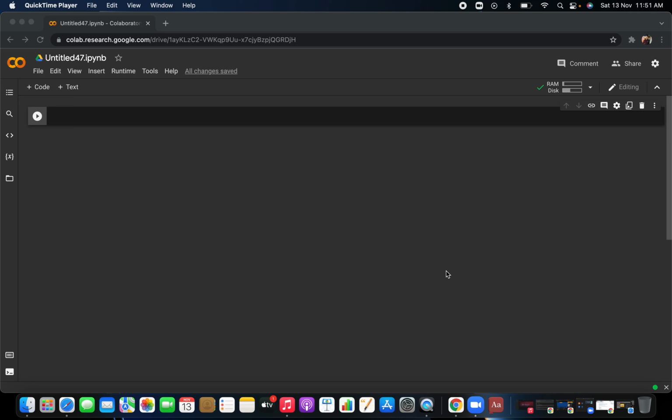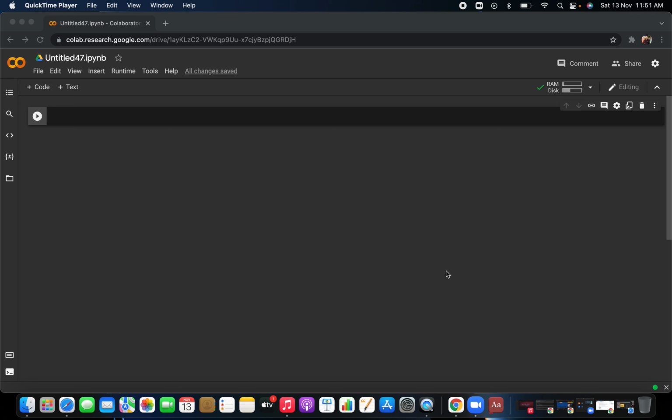So what we are going to use is the MNIST data set. MNIST is basically a handwritten digit recognition data set. You have digits 0 to 9, and you have to say whether a particular digit is 0, 1, 2, and so on. You have to build that model, but the data set is already present in the Torchvision library.